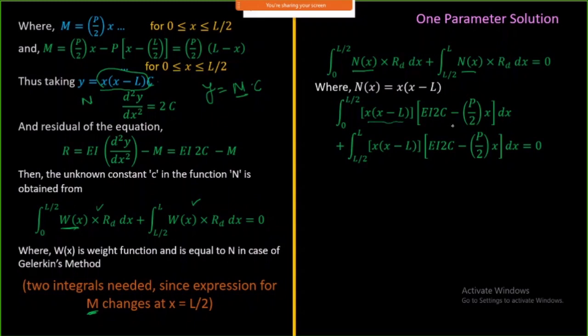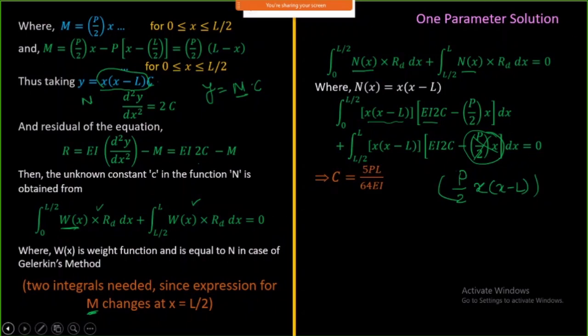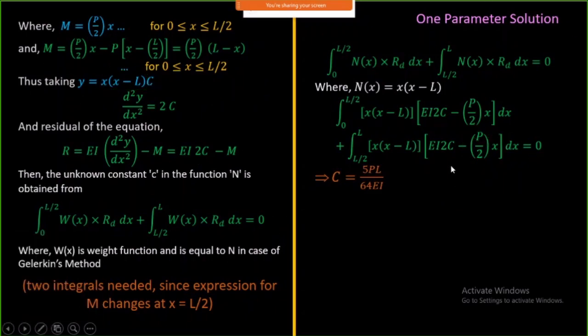This is one part, my domain residual, taken from this point, and M is substituted here as P by 2 x. Here there was a mistake, and it should be P by 2 x into (x minus L). Then finally you can determine the constant by setting this equal to 0. The only unknown is c, and that c is determined, resulting in this equation: c is equal to